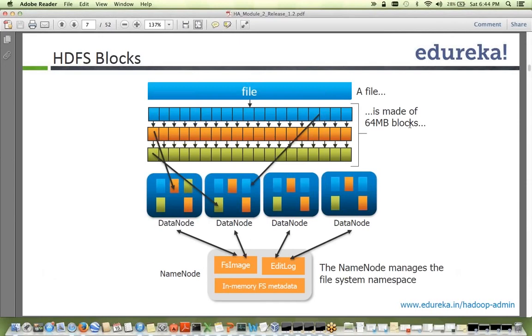So Sanjay has a question. When a data node goes down, is the block info removed from the FS image? So FS image basically is the image that came up. Yes. As I said, there's in-memory file system metadata. Whatever blocks are on a data node are in the name node's memory as a bitmap. So if a data node goes down, the name node will not receive any heartbeat, and it will update those blocks for that data node as stale, and it will try to, based on your replication factor,